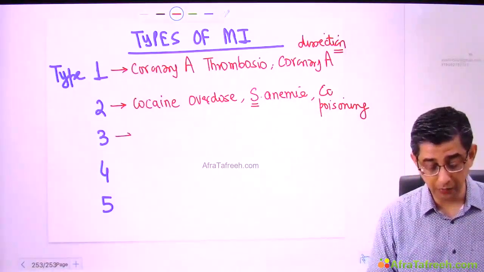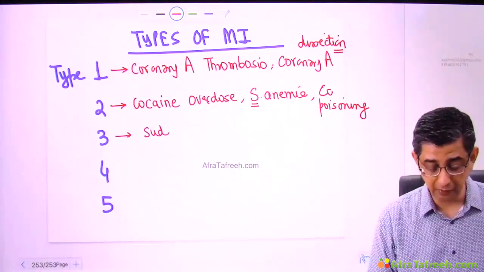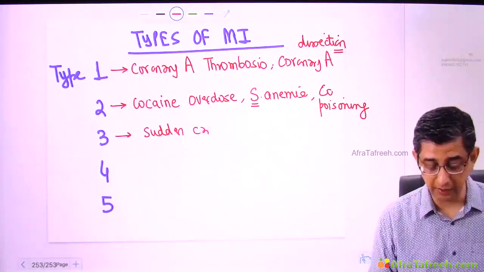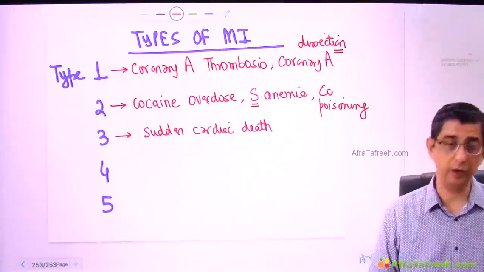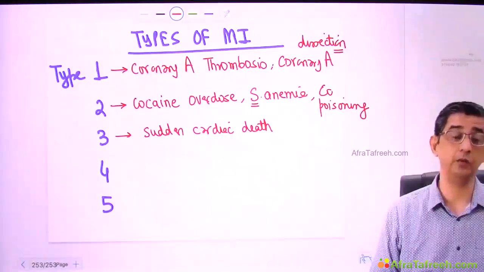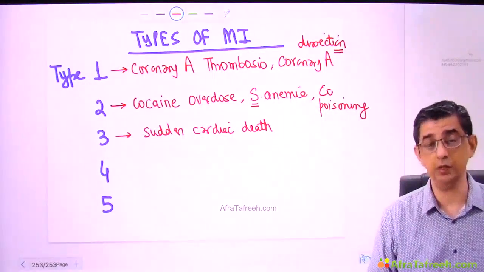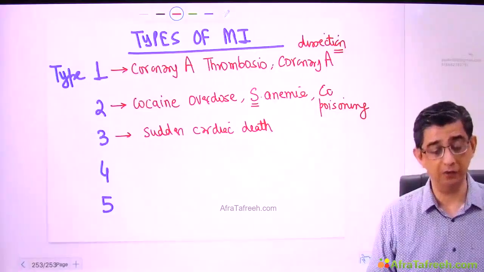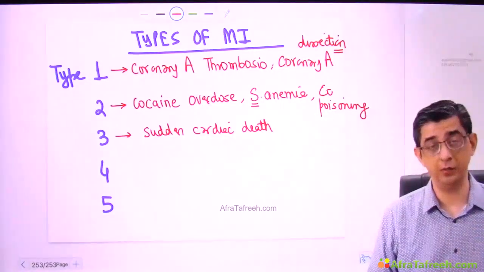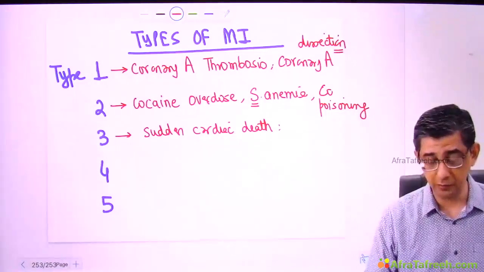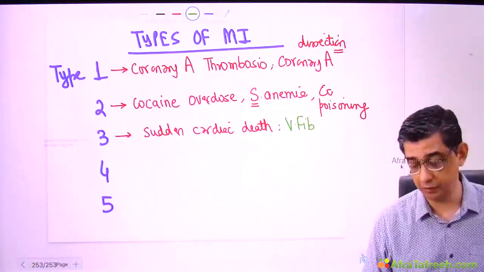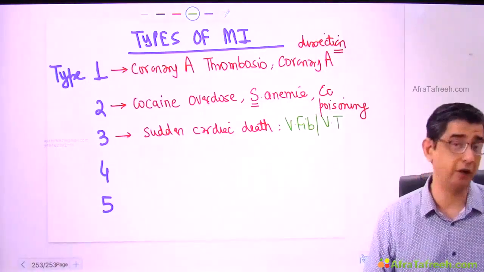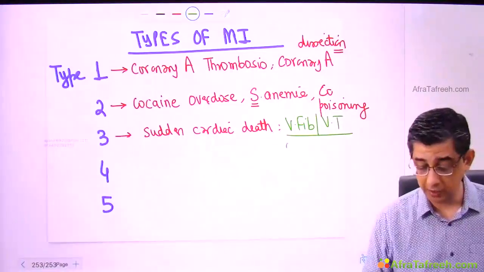Type 3 myocardial infarction is described for patients having sudden cardiac death, and there can be two reasons for that. One could be like the ambulance crew received the call. By the time they reached the home of the patient has expired, or maybe while they were transporting the patient to the hospital, the patient expired. The reasons for these can be varied. One could be a tachyarrhythmia that will be described in part 2, that is ventricular fibrillation, or it could even be ventricular tachycardia, or it could be a bradyarrhythmia as well.